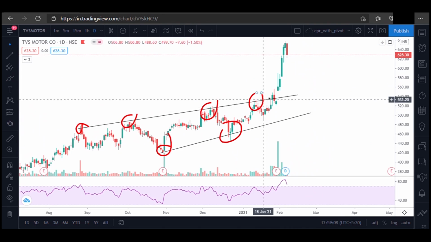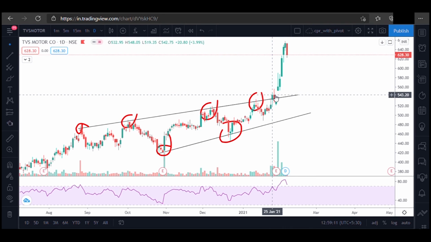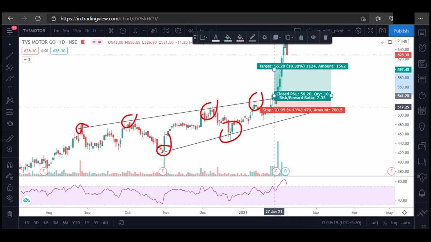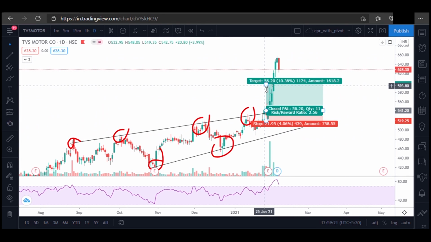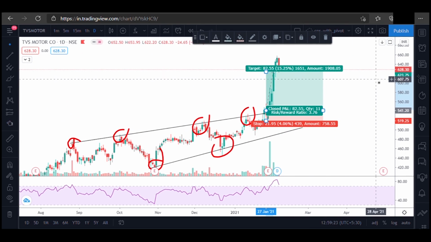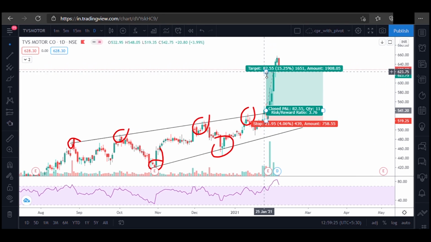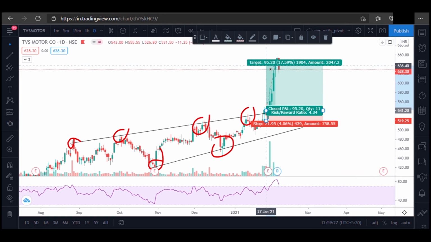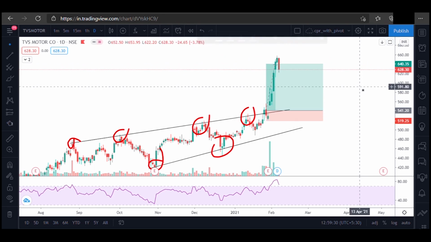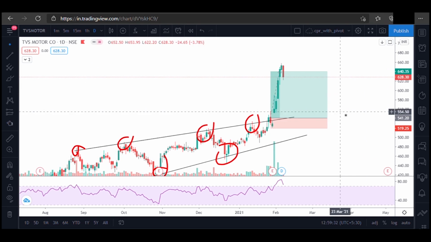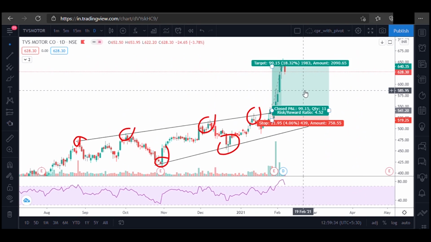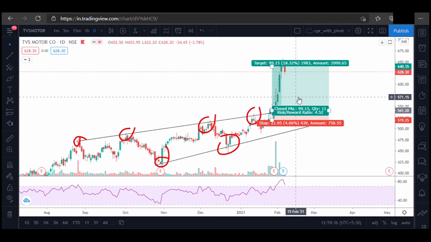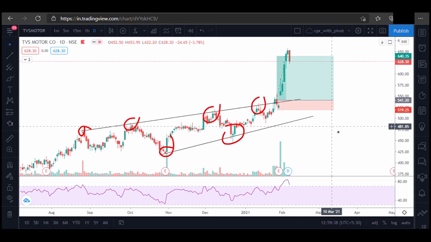But I knew clearly when I was here, because I was trading the strategies many times, I was very clear that this time the stock will break out, and I entered here and my stop loss was here and I booked a profit around here. After this reversal I know that I booked a profit of 640 rupees, so I booked it here and I made a profit of around 20%, 18.32%. A very good profit, I think.